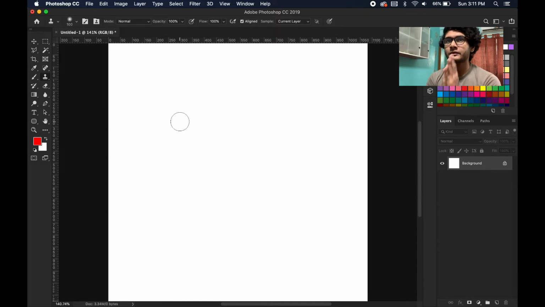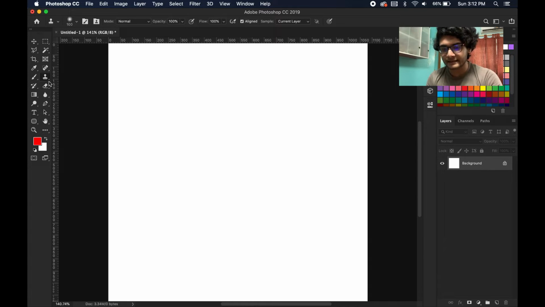For example, one of my friends told me that he needs some editing in his photos, and he actually gave me a photo with a headphone in his ears. So he told me to remove the headphones, and it should look absolutely as natural as it would if you were not wearing the headphones. So I used the clone stamp tool there to actually remove the headphones. I took the texture of his skin and painted over the headphone so that it feels like there is no headphone at all. And that is the use of the clone stamp tool.